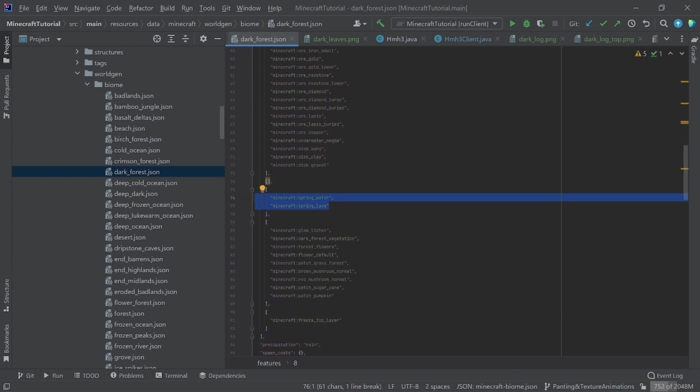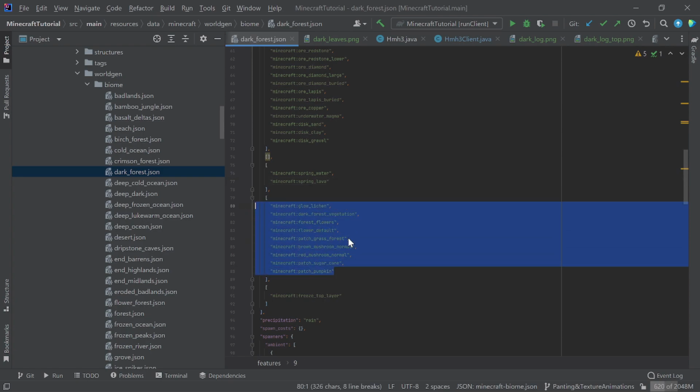This is interesting. There's special details, spring water, spring lava. They're like the little lakes. This is stuff that generates in the world that is like your special decorations, your trees, your flowers. These are what we're looking for. And in here we have forest flowers, dark forest vegetation, and this dark forest vegetation is mainly